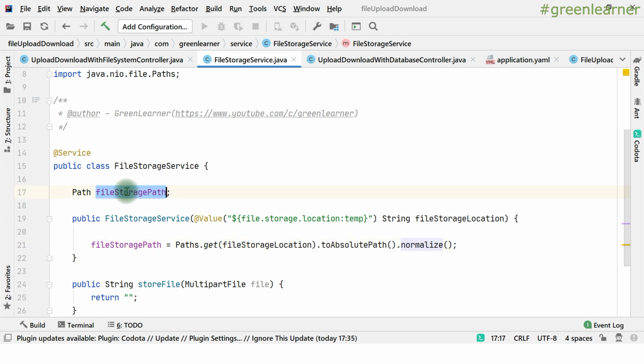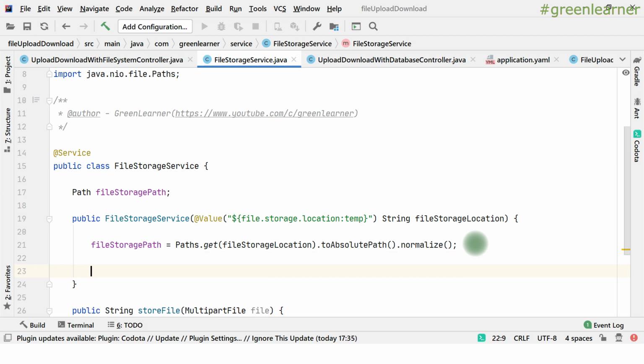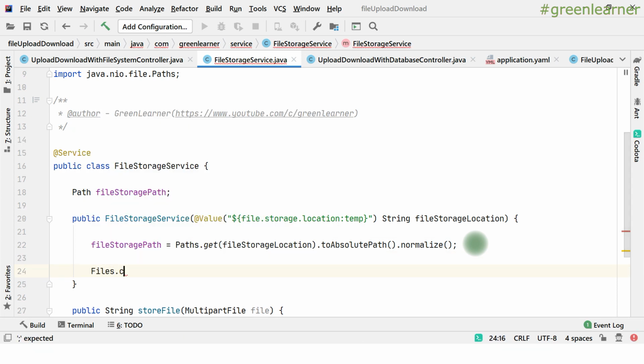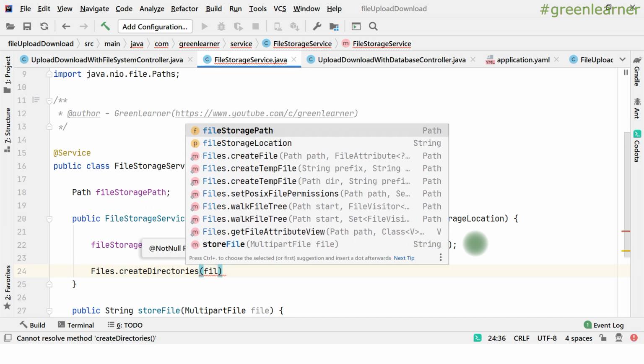Now we have this file storage path from this constructor. So when your service is being created, you have the file storage path, and you want to create this directory, right? So we have Files from NIO, createDirectories. What directories do you want to create? The file storage path.